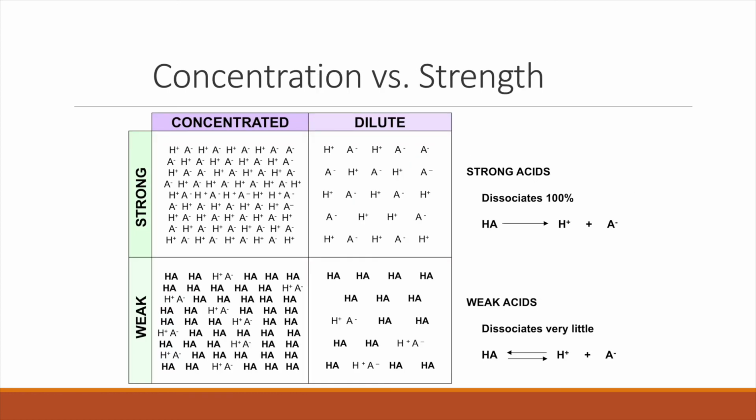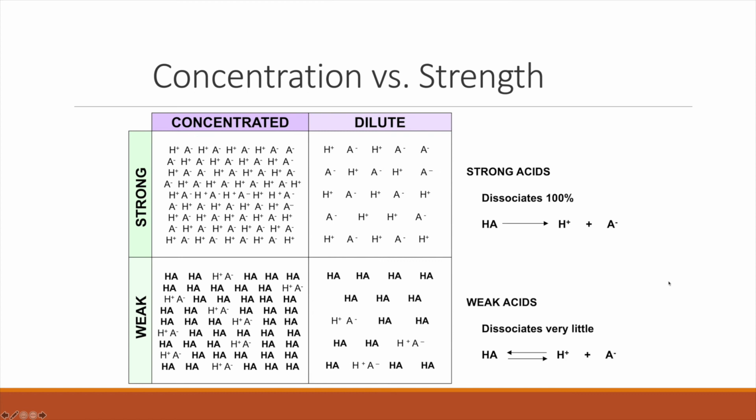And here is one diagram to represent the difference between strong, weak, concentrated, and dilute. So a concentrated strong acid has lots and lots of completely dissociated H plus and A minus. Notice there's none of that HA. Versus dilute, it's still 100% dissociated, but there's just fewer of them, right? Weak, we've got lots and lots of HAs, H pluses, A minuses, but there's still a lot of those HAs which have not dissociated. Right, so that's why it is weak. The number that I have here makes it concentrated. Dilute, I still have a lot of those HAs, a few H pluses, a few A minuses, but the overall